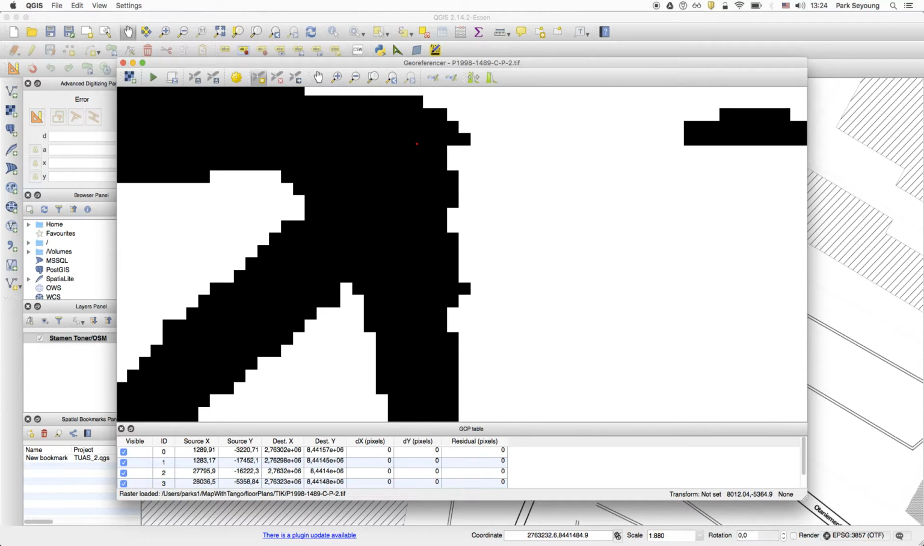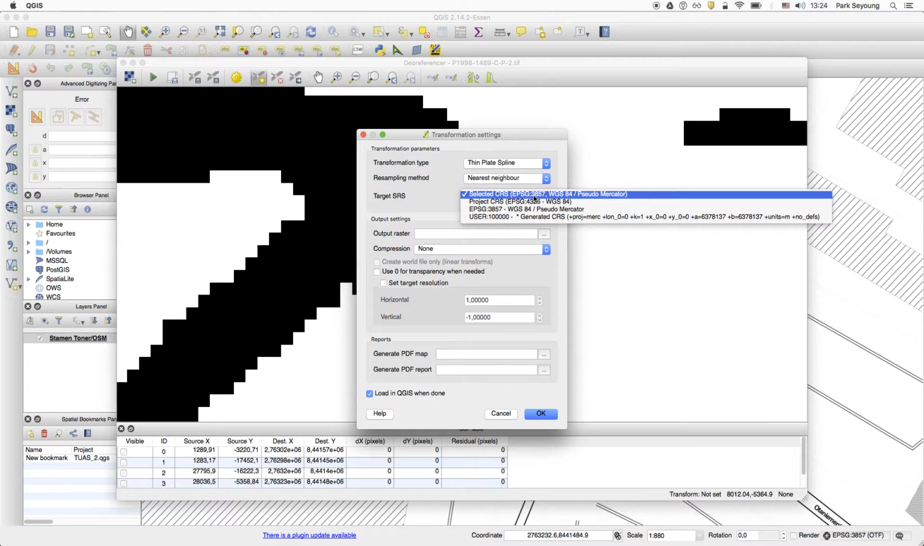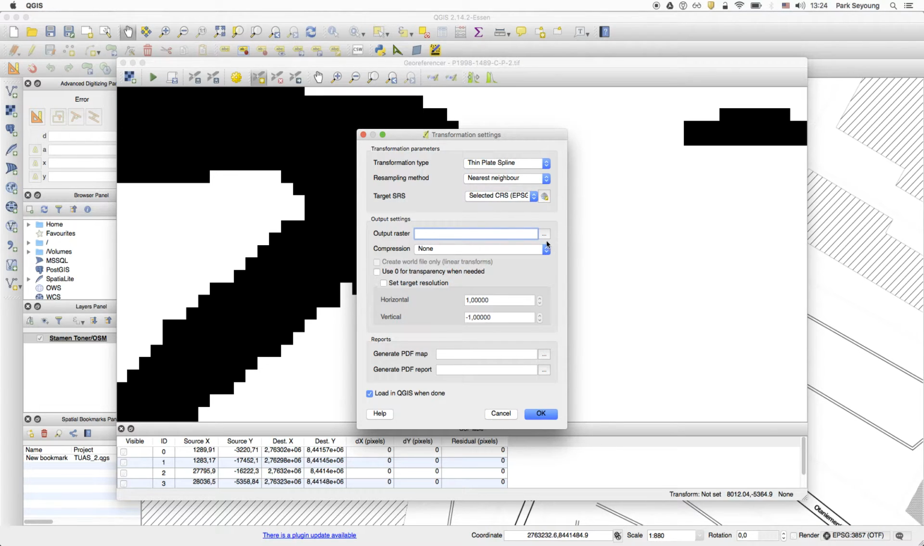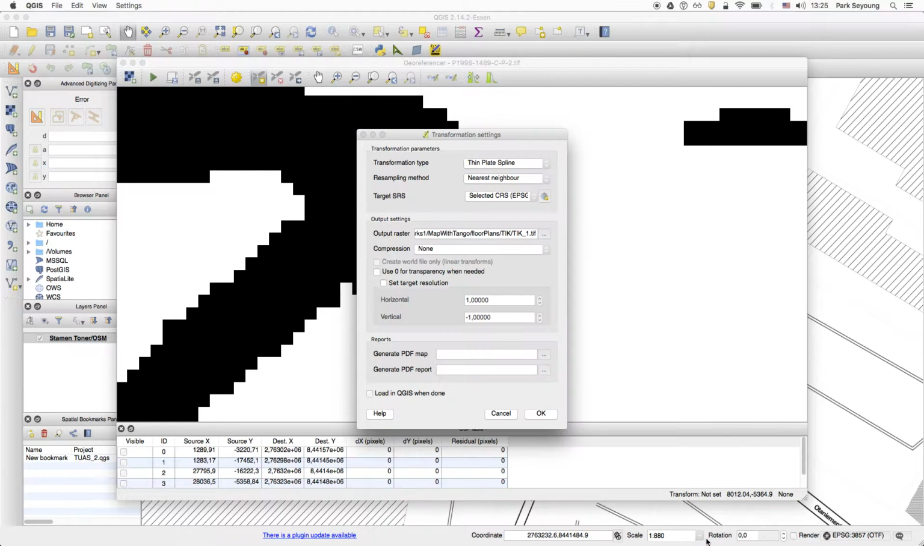Yeah, and when you're done doing that, you're going to click this, Transformation Settings. And again, the most important thing is the system. We are going to use the same system. And then you decide how you're going to name it. I'm going to name it dig 1 because this is floor 1, the first floor. And then let's look at more of the settings. We don't want any compression. That looks good, and I want to load it in QGIS when done, and I'm going to click it,